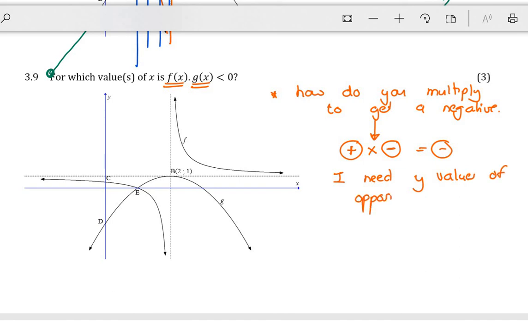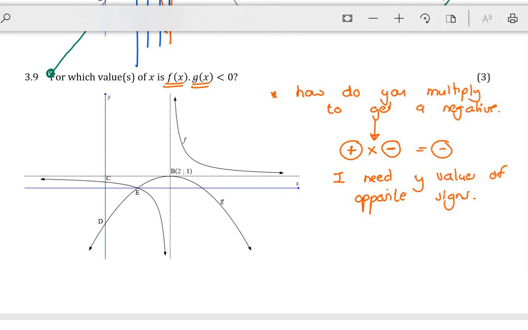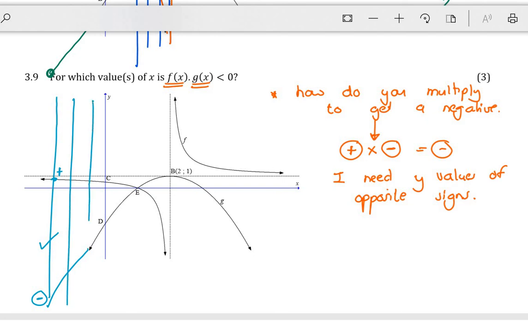So again, this has nothing to do with algebra and everything to do with reading from the graph. So you first need to interpret the question. I need my y values to be of opposite sign. So again, if I start with my ruler, what signs do I have here? This y value is above the x-axis, so this is positive. This y value is negative. So positive hyperbola, negative parabola. Positive hyperbola, negative parabola. So this entire time they're different signs, until they're both equal to